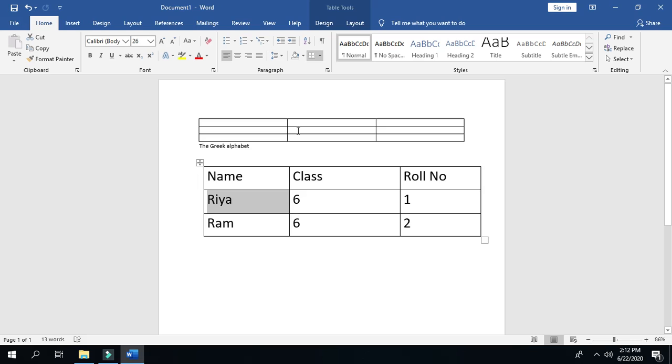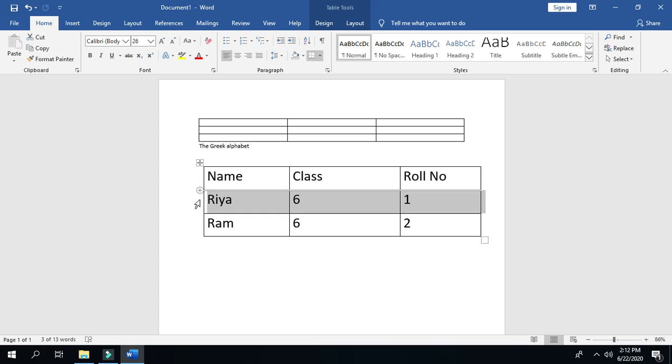Next topic is to select an entire row. Suppose we want to change something in an entire row, and we want to select the full row. So what we will do, we will place the mouse pointer here and we will click once. With this, the entire row will get selected.